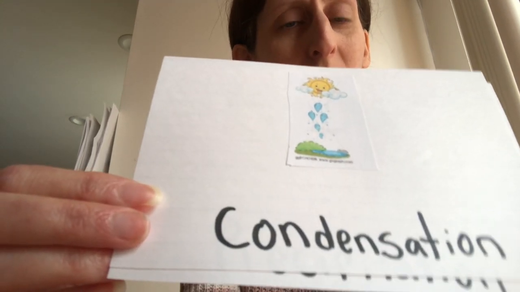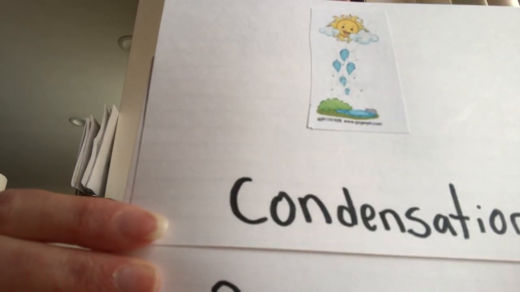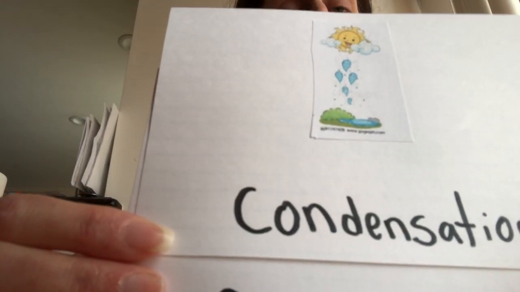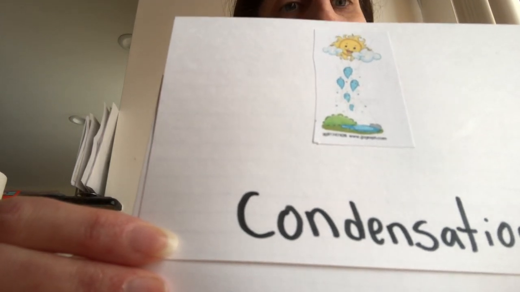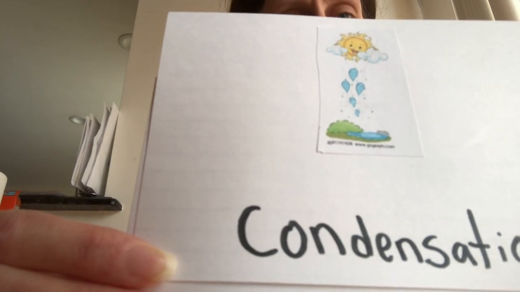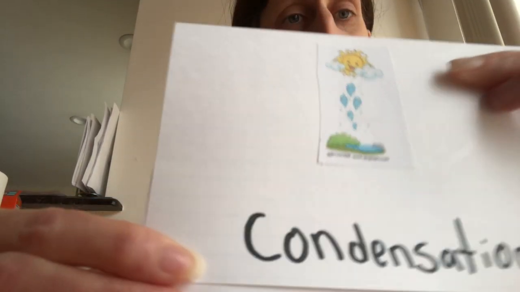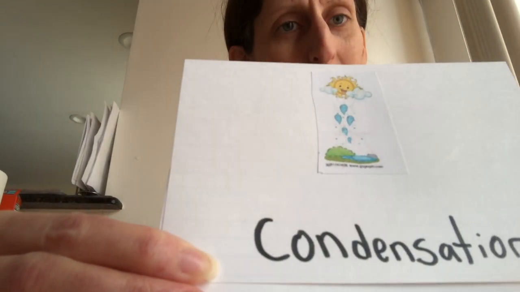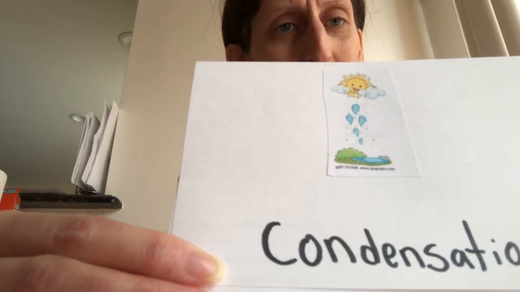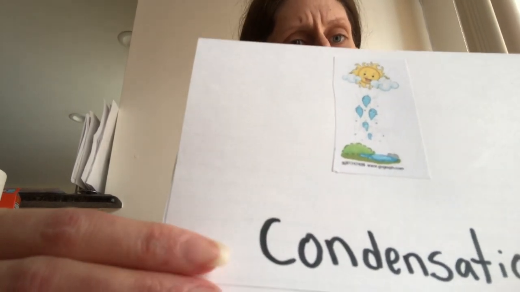Condensation. What does condensation mean? It means when the water vapor goes up to the cloud, it cools down and it changes to a liquid inside the clouds, which becomes water droplets. So water drops that go into the cloud. So when there's a lot of water drops in the cloud, can the cloud hold it? If there's so much, what will happen to the cloud? That's right, the cloud will go, it'll get too big and it'll go, and what will come out? Our